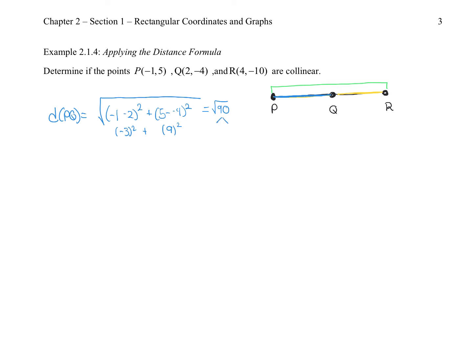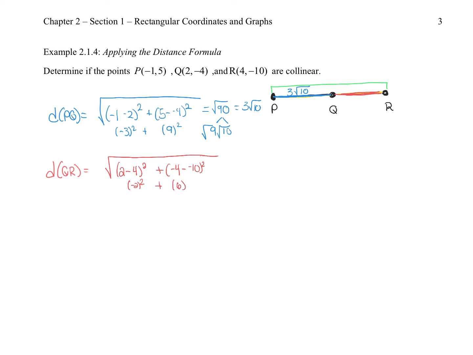I'm going to simplify this. 90 is 9 times 10, and I have to square root both of those. So this is the same thing as 3 square roots of 10. So this blue piece is 3 root 10. Now let's find my red piece, right here, red, QR. So distance of Q to R is going to equal big square root 2 minus 4 squared plus negative 4 minus negative 10 squared. So I get negative 2 squared plus